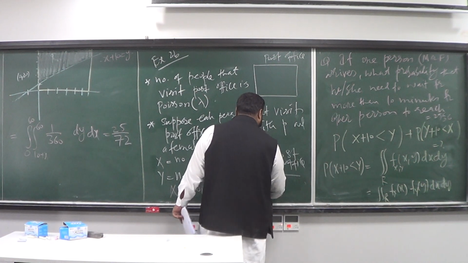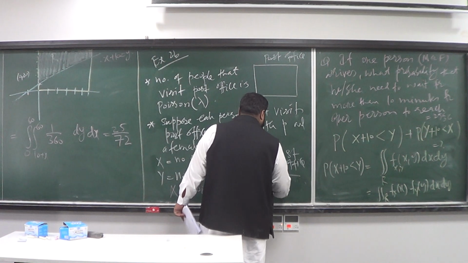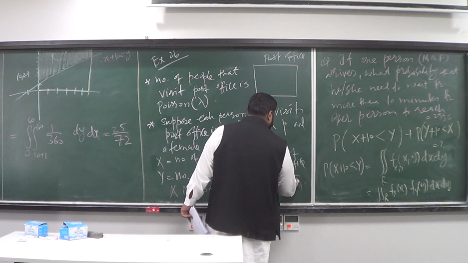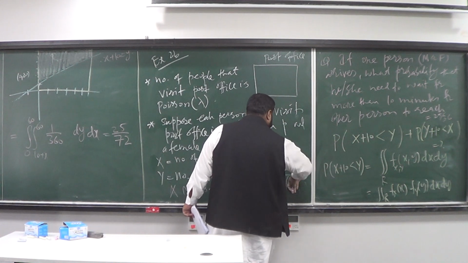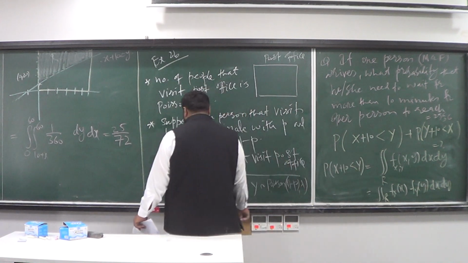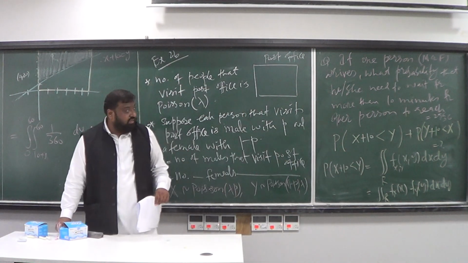It follows Poisson with the parameter 1 minus P lambda. Okay. The key question that we would like to